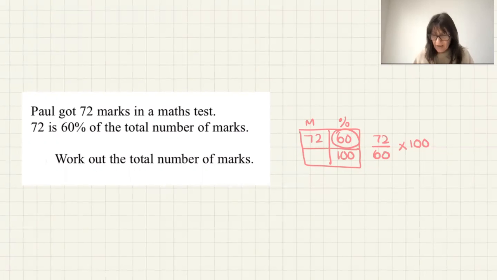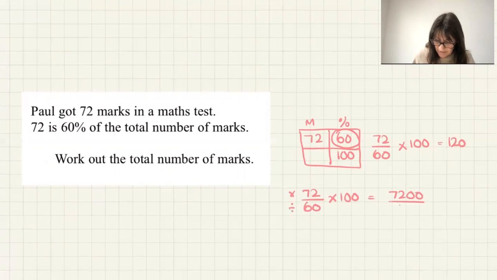Okay, now if I've got a calculator, I'm literally just going to shove that in the calculator and it's going to give me 120. So total number of marks would be 120. If it's not, then I could still manage fairly easily and do the maths that I've created. So 72 over 60 times 100. Multiply along the top, divide by the bottom is the rule when you're doing a fraction of an amount. So this would give me